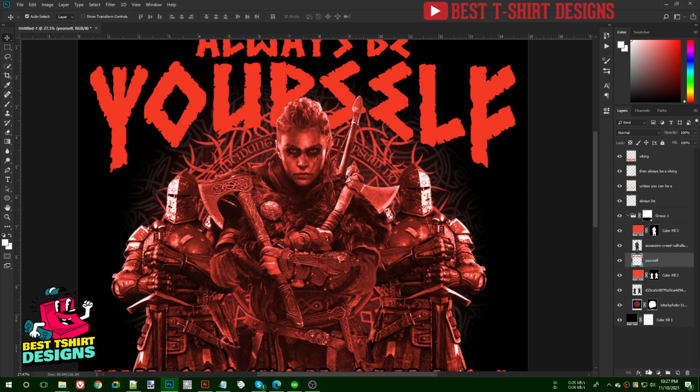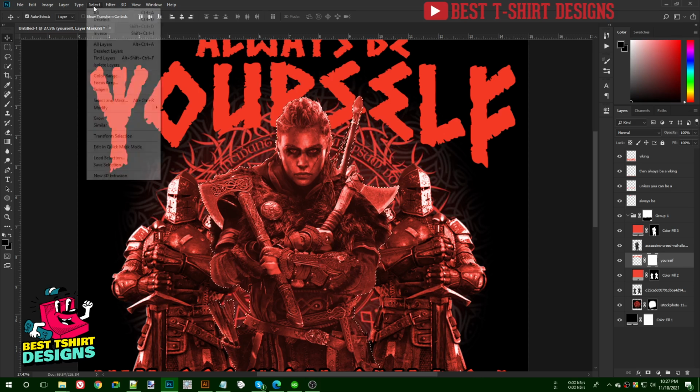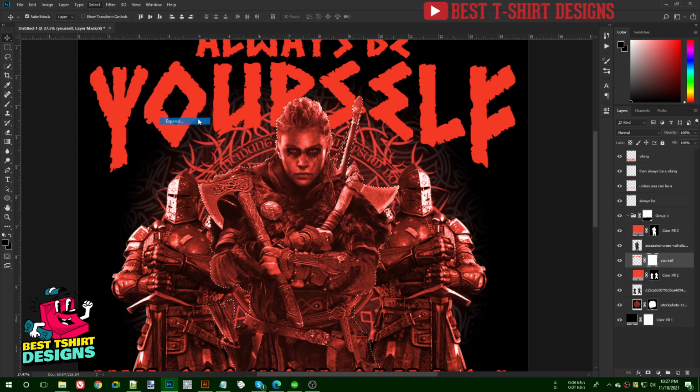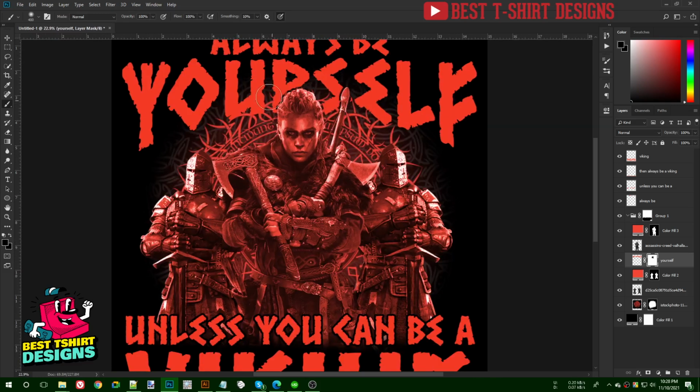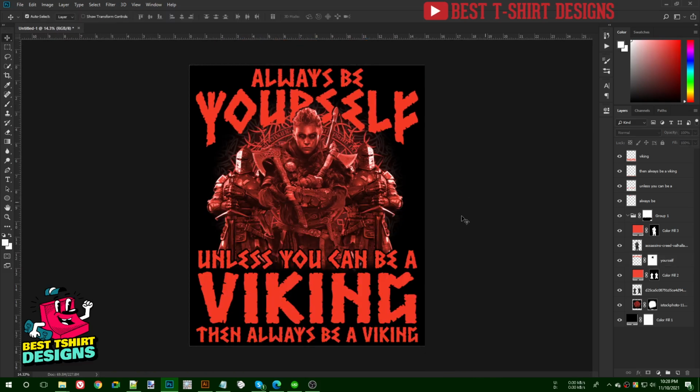This is the yourself text, make a layer mask for that, and now click on this layer and then go to select, modify, expand. So 20 pixel expand is good. Now when this selection is made, I am going to go to this layer mask here, and then I am going to paint some blacks, and that is going to hide those parts of the text. It is not visible right now because of the black background there, but don't worry, this is what I wanted to make here, just to make a separate area for my text. So this is how it is looking right now.